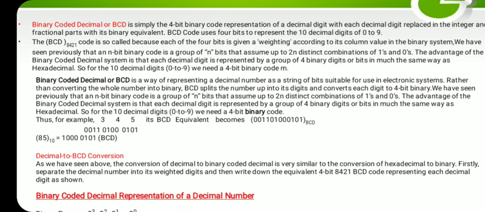Every time you have to calculate and find out. So then what is the easiest method we can do? This BCD code helps us. Though it is an early code, it is still used in electronic systems for encoding. So what is the easiness? Instead of finding the equivalent binary of 60,